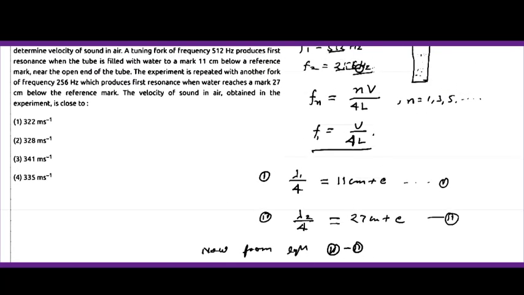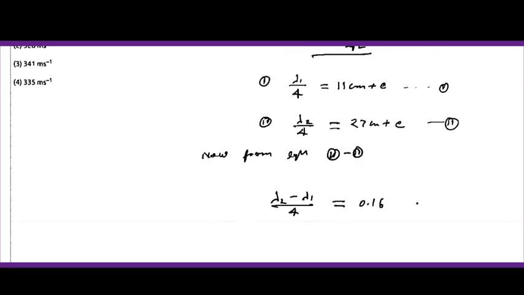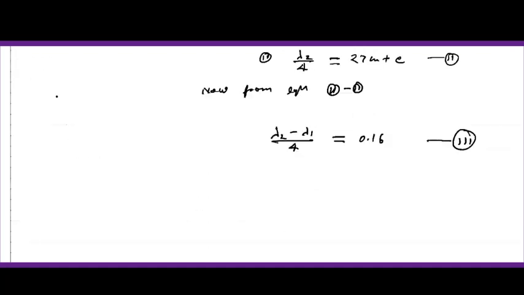ठीक है, और यहाँ पर साथ ही साथ अगर देखें तो हमें दिया गया है कि फोर्क की फ्रिक्वेंसी 512 और 256 है। तो दोनों के लिए इसको इक्वेशन थर्ड हम बोल सकते हैं, अगर हम फ्रिक्वेंसी को वेवलेंथ के टर्म में लिखें तो क्या होगा। फ्रिक्वेंसी को न्यू या एफ से डिनोट करें तो एफ इक्वल टू सी बाई लैम्डा के, तो लैम्डा इक्वल टू सी बाई एफ के। ठीक है, क्योंकि यहाँ साउंड की वेलोसिटी है, हम सी यूज़ नहीं कर सकते, क्योंकि ये लाइट के लिए यूज होता है, तो यहाँ पर हम वी यूज़ करेंगे सी की जगह पर। स्पीड ऑफ लाइट की जगह पर हम वेलोसिटी ऑफ साउंड यूज़ कर रहे हैं, तो उसको वी से डिनोट कर रहे हैं।